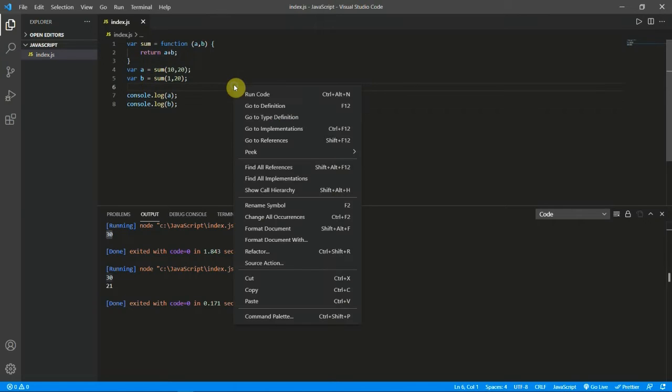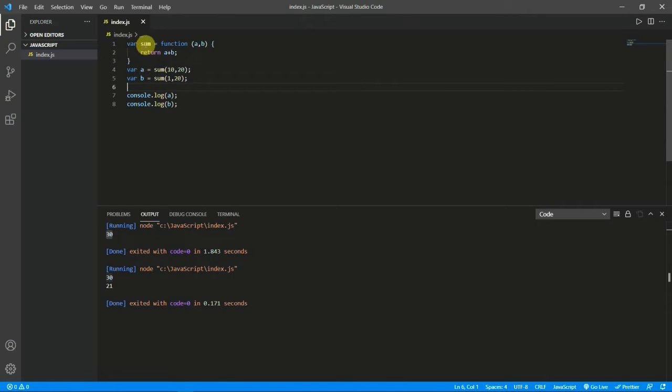So let's see if this is working. Before, we had given function name and then parameters and then the statement. Now we are giving the variable, we are assigning sum with this function. So let's again run this code. Again we are getting the same value as the answer. This is our second type, or you can say another type, to define a function and call it.